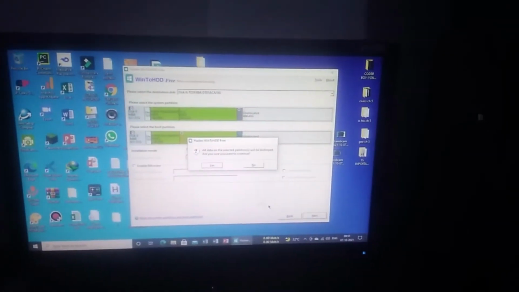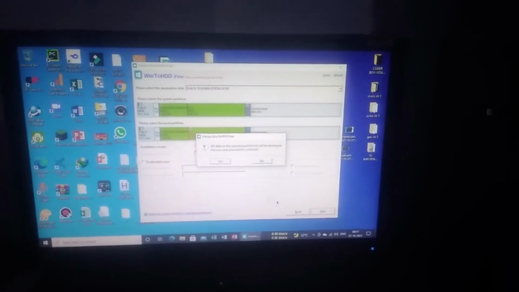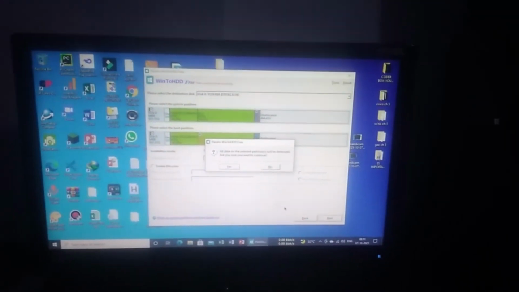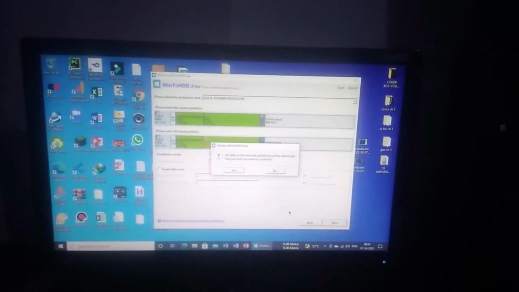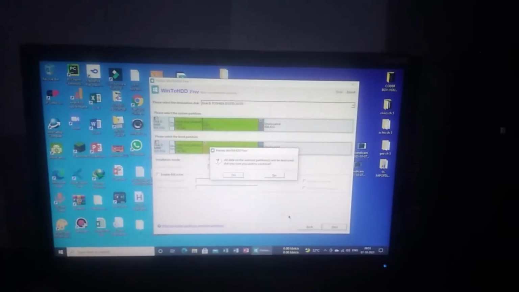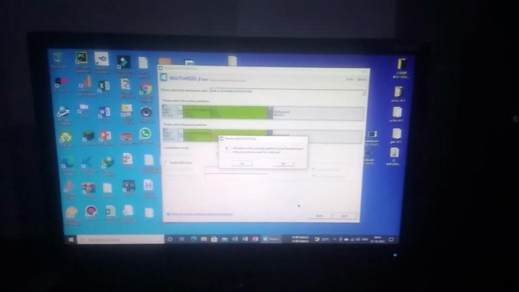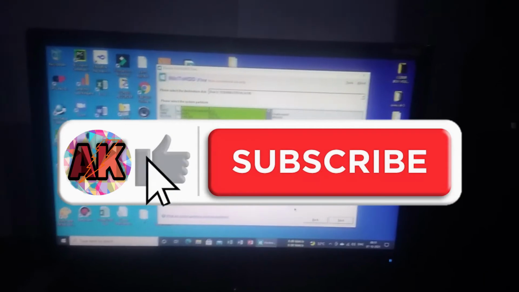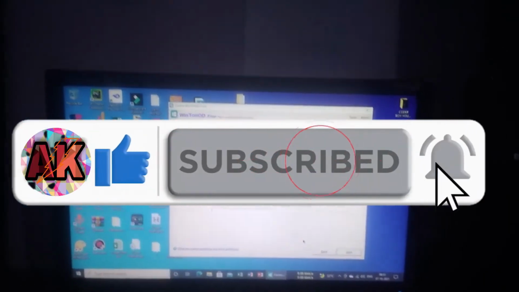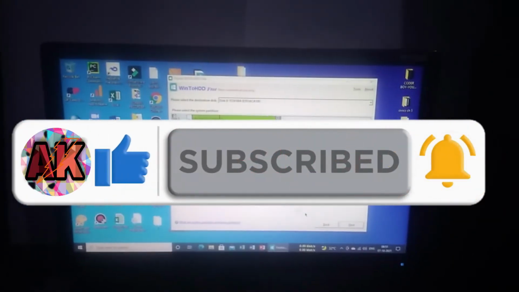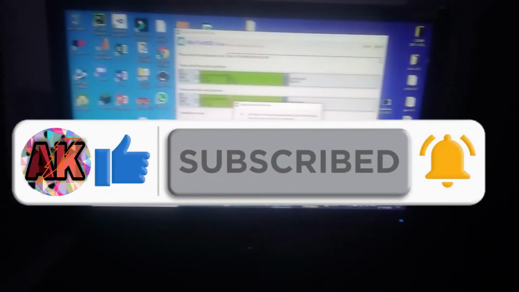So guys, now let's start the main installation. Before starting the installation, I again repeat that take all your backup of your drives and also note the size of your drives. So let's start the installation. And don't store the Windows 11 ISO and the main app in the C drive. Store it on any other drive. You can see that I have already done it.